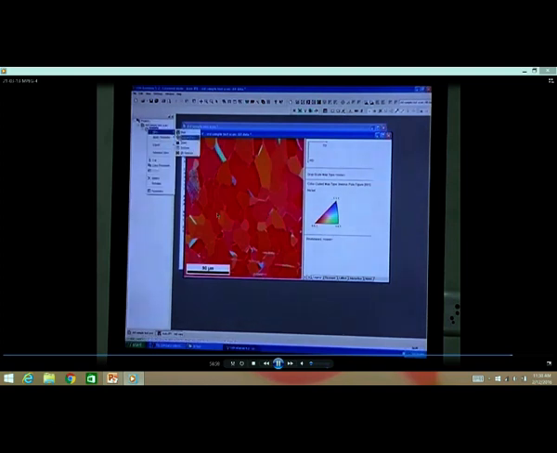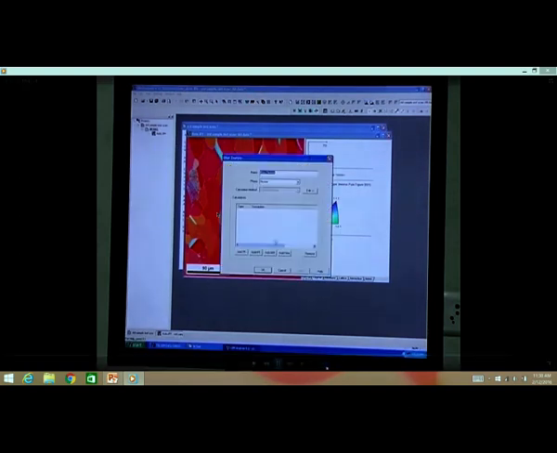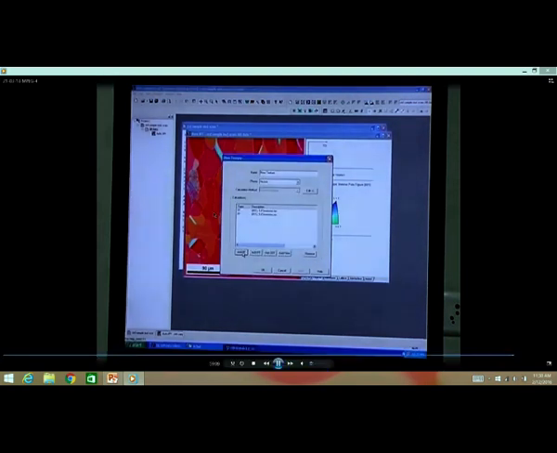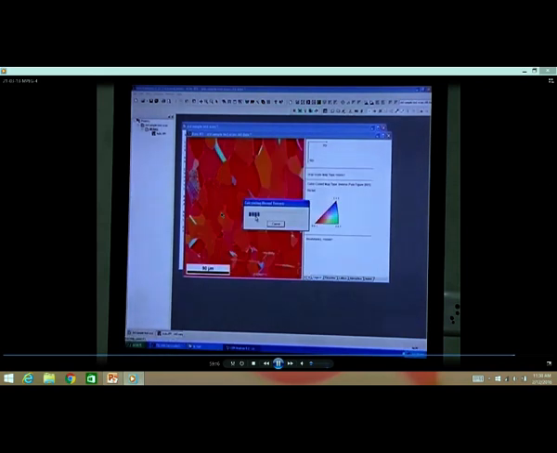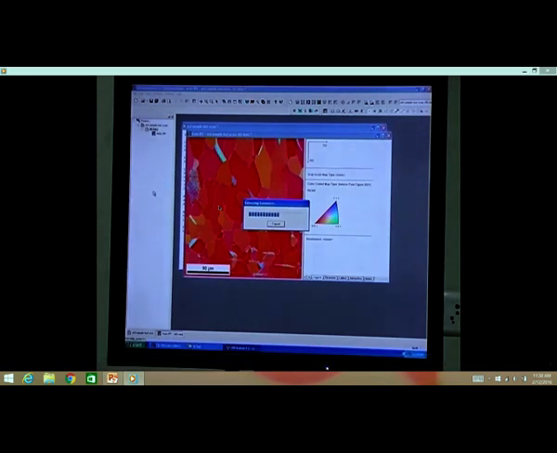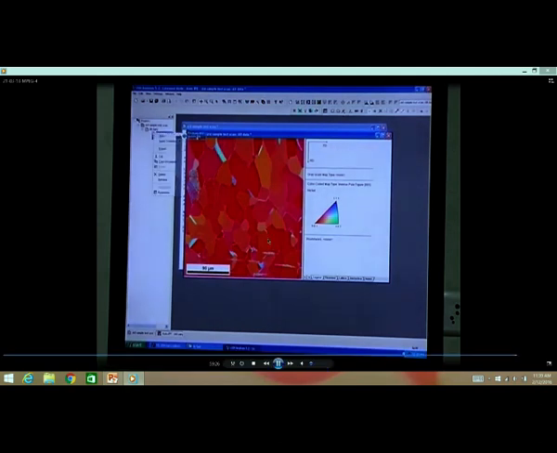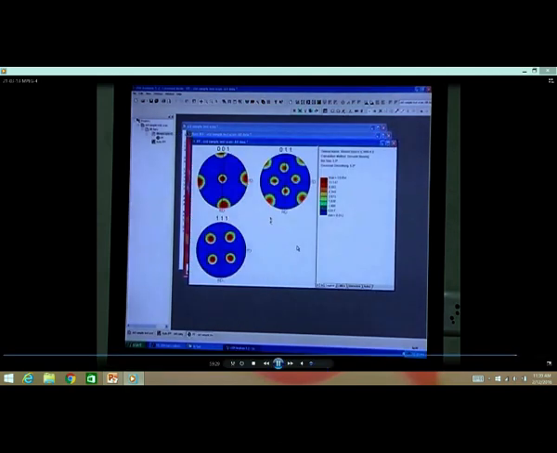So, if you take a pole figure, then it will clearly show you the cube texture, 0, 0, 1 texture. This is one classical example. You can see how a cube texture is shown. Yes.